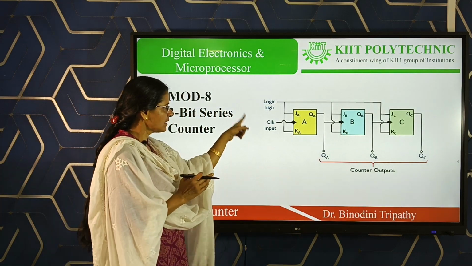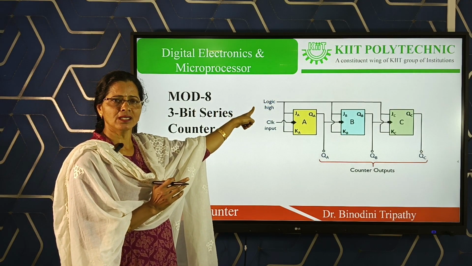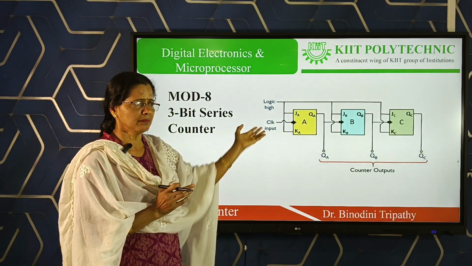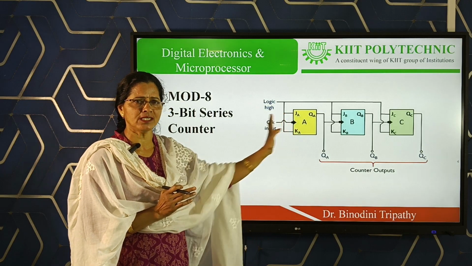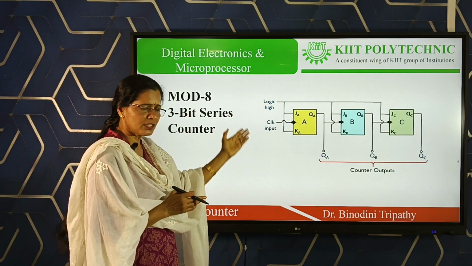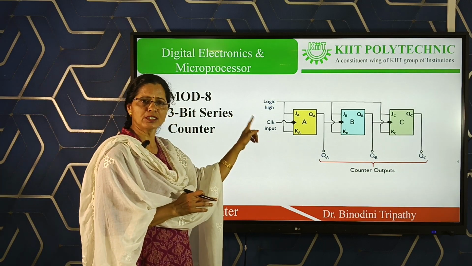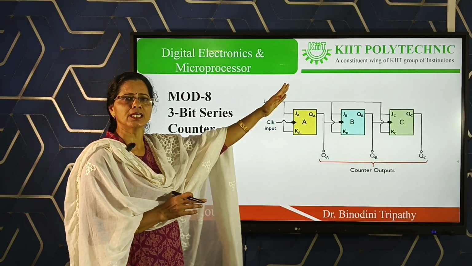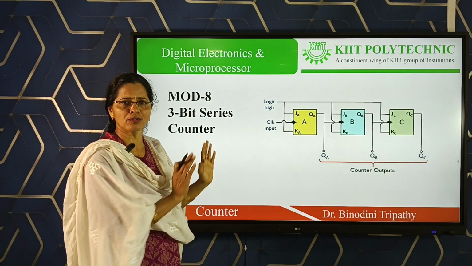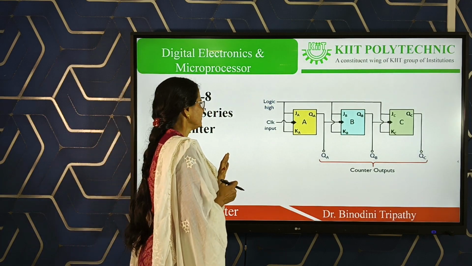Same process. First, all the J and K inputs are short-circuited and connected to logic 1. As a result, all the flip-flops are getting J equal to 1, K equal to 1. You can use the symbol notation as per your choice. This is just a sample. You can put directly JK, or JX, KX, as per your choice. 3 flip-flops are a must and all the J and K inputs should be short-circuited and connected to logic 1. That is a must, particularly for the series counter. I will tell you later what the modification is for different designs.